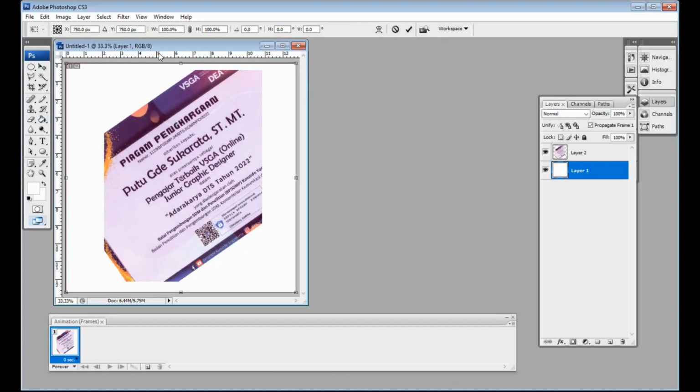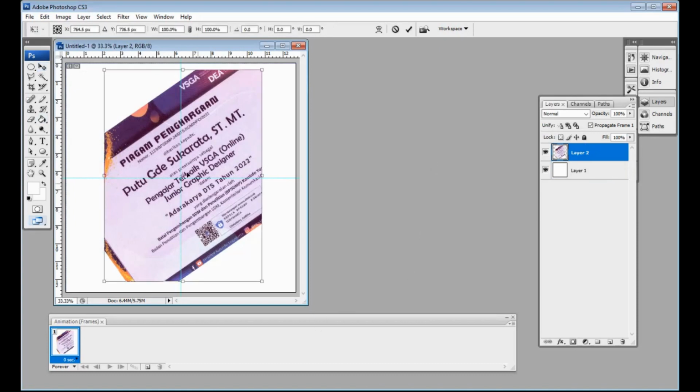Yeah, I use a guideline. Okay, use the guideline, and we will know the image is in the center place. Choose the layer and then Ctrl C.